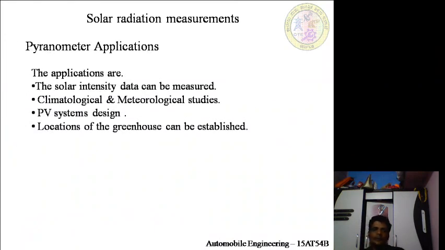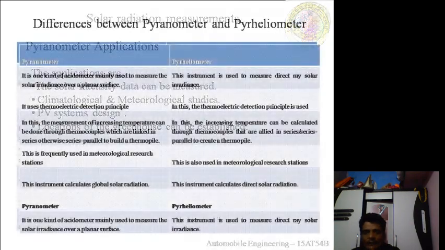Applications: the applications are very large. The solar intensity data can be measured by using the pyranometer. In climatological and meteorological studies, there also we are using a pyranometer. PV system designs, that is photovoltaic system designs, there also, and the location of a greenhouse can be established by using the pyranometers. Now next we are discussing